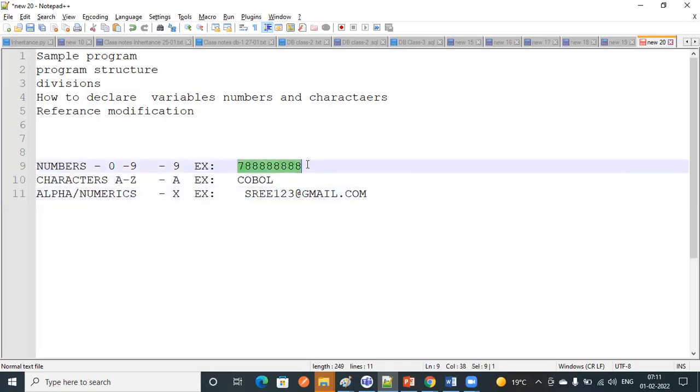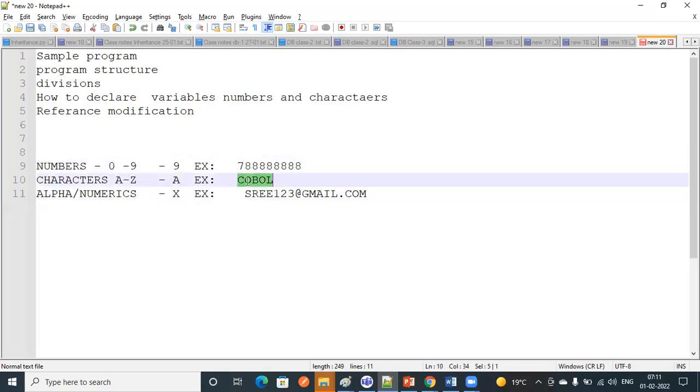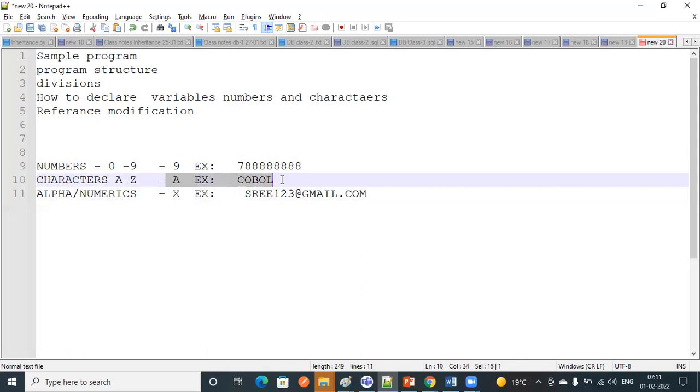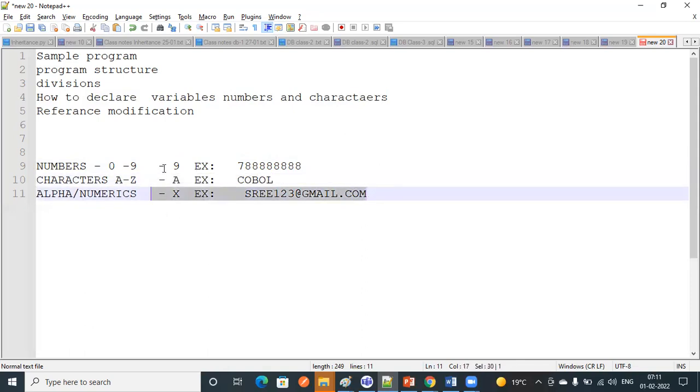If you want to declare only numbers, you'll go with the 9. If you want only characters, you'll go with the A. And if you need characters as well as numbers, we can use X. So instead of going with only characters, we will go with the X. Mainly we are going to use 9 and X.